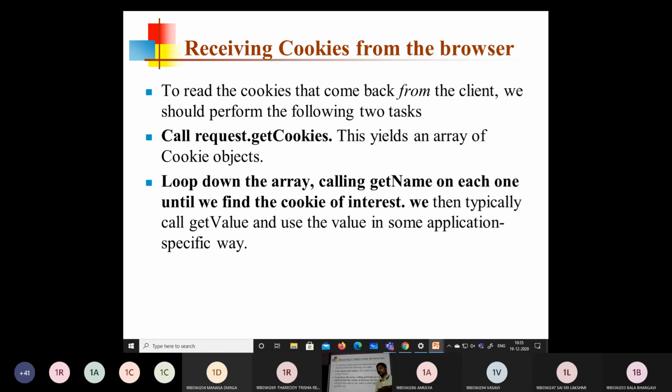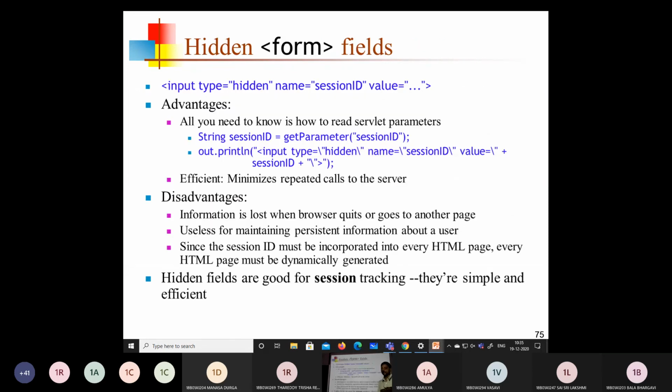At last, after the iteration has been completed, you add the new cookie object to the response. This is the standard procedure to manipulate cookies inside your servlet program.